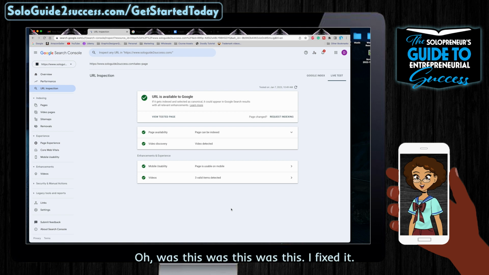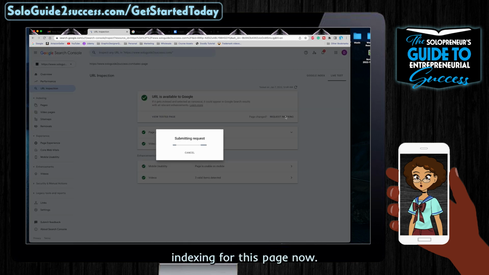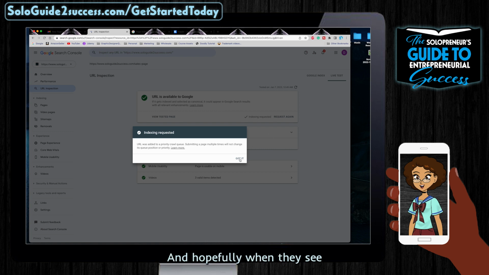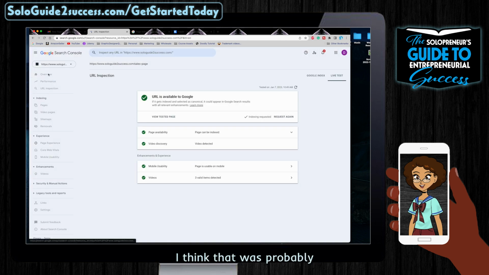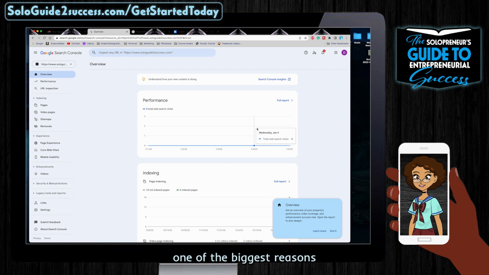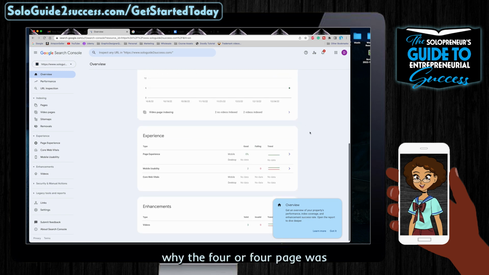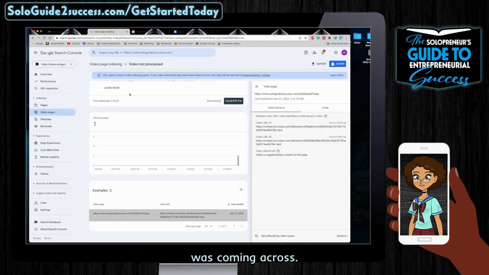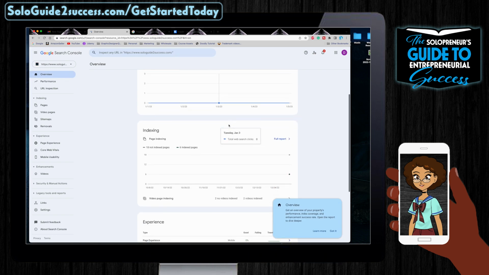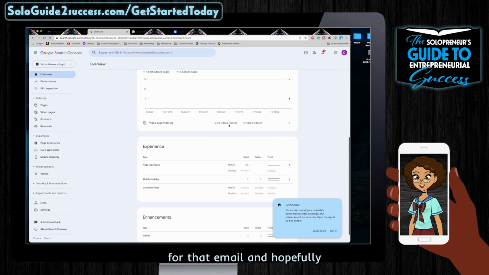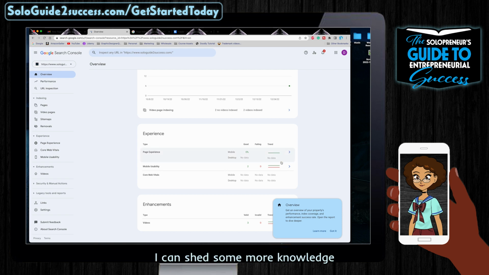Oh, what's this? I fixed it. And I feel like this is probably one of the biggest reasons why people were going to this page and nothing was coming up. So I'm gonna request indexing for this page now. And hopefully when they see all of these green checks, I think that was probably one of the biggest reasons why the 404 page was coming across. Okay, so that was how to fix the indexing issues for that email,